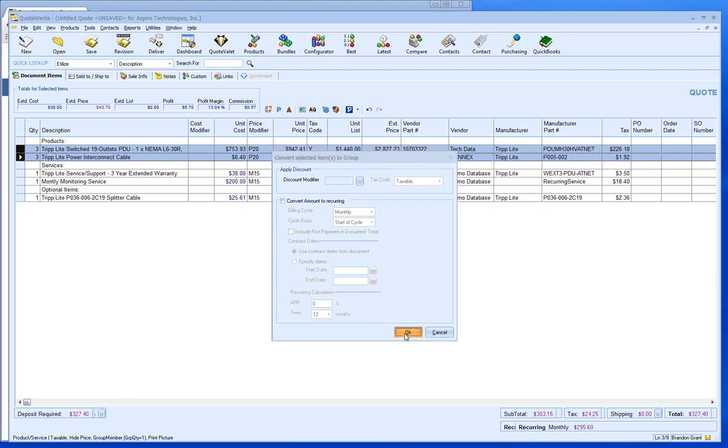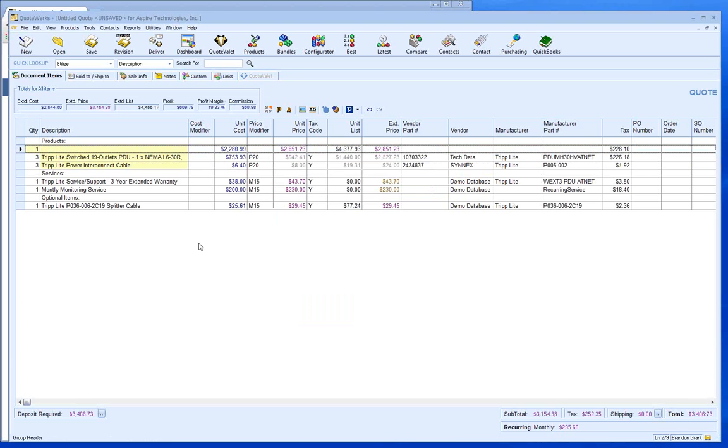So I'm going to go ahead and hit OK. And these will group my items together here. And then it's going to prompt me to set a description for this particular group. So you'll see here it'll be highlighted in yellow once items are grouped. So anytime you see yellow highlighted items, that means these items have been grouped together, so they're sold as a package. Also, if you look to the right under like the unit price and the unit list field, you'll see